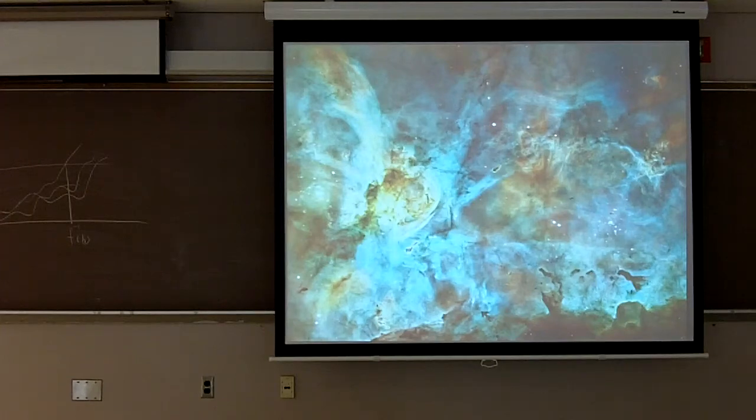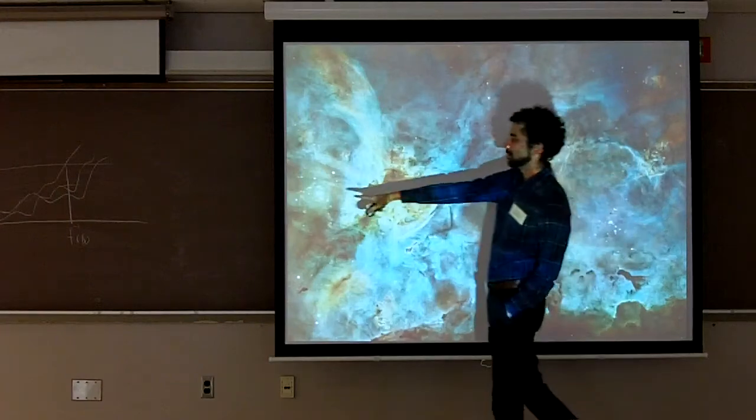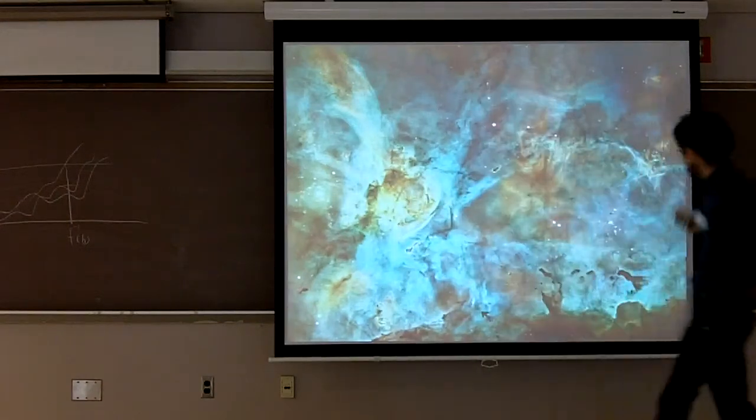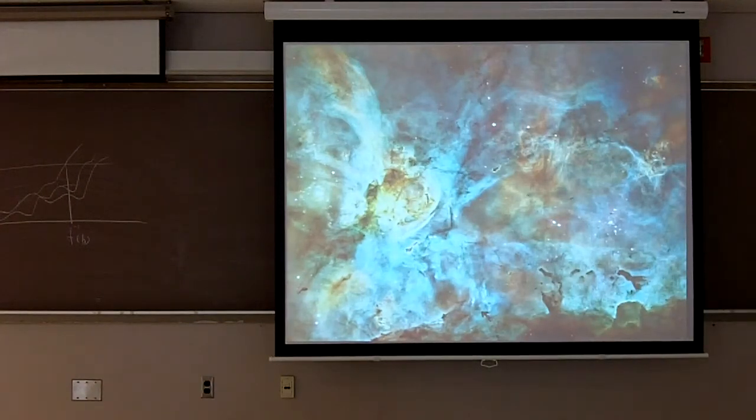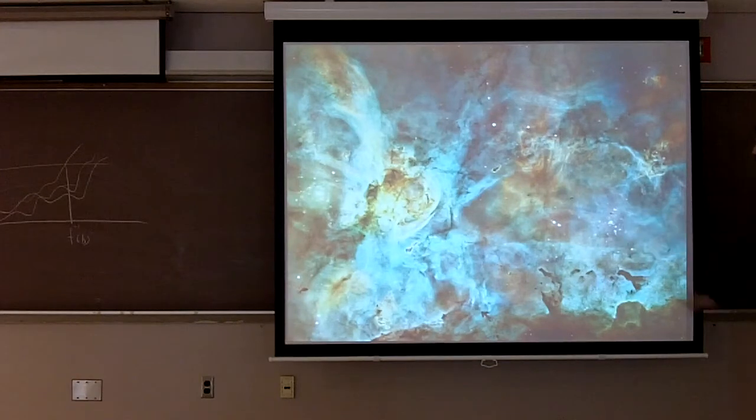This is astroporn. This is the Carina Nebula, a really beautiful image. You've got Eta Carinae over here, the largest star in the galaxy. You can look at the points in this image, and they are telling you something. They're telling you where the stars are clustered, where the bright stars are versus the dim stars.